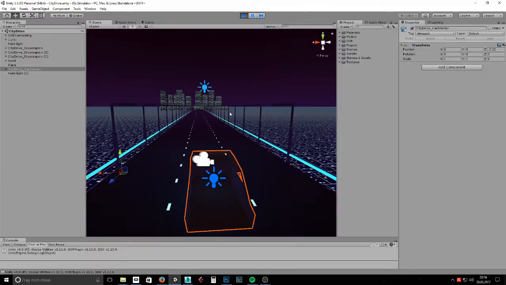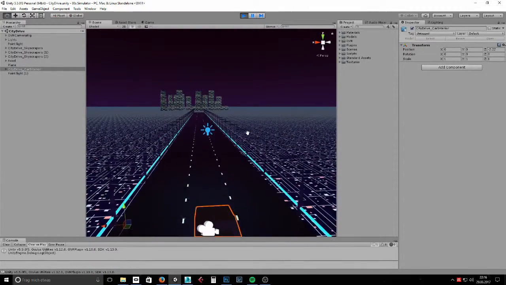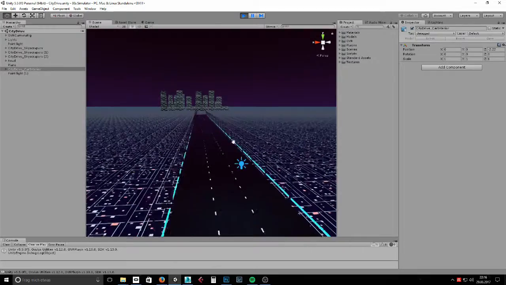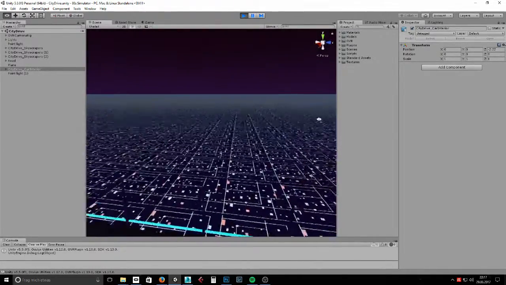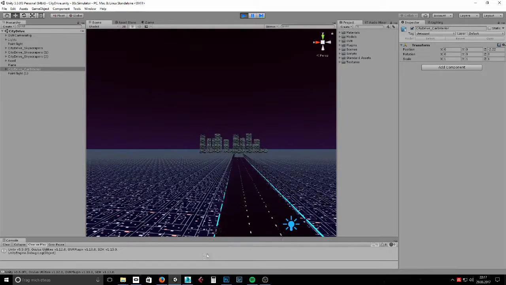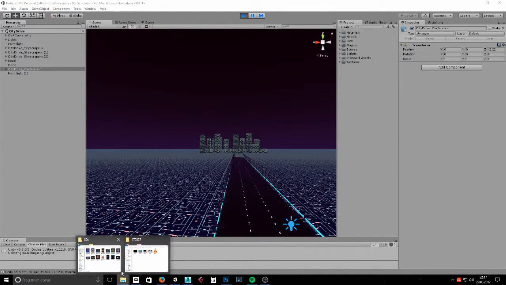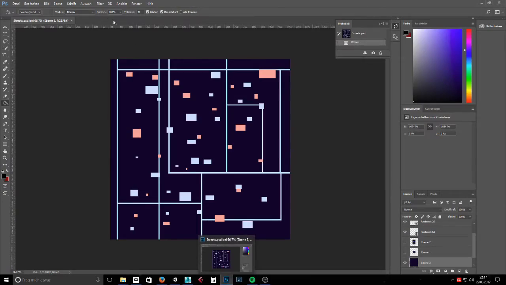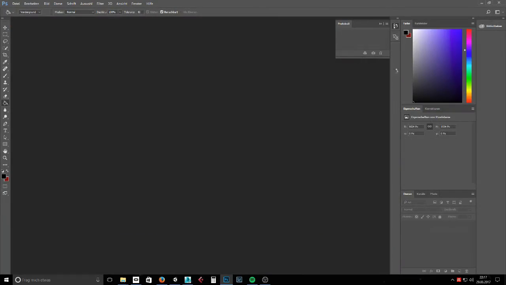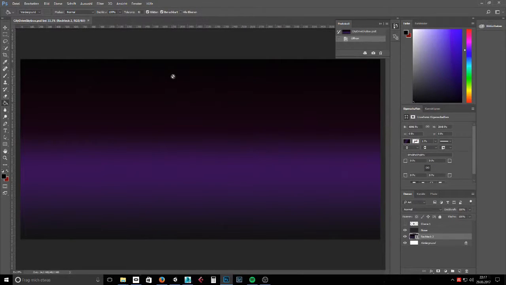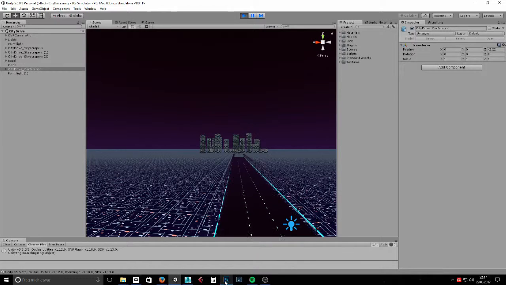And that's it, basically. The skybox, I also made in Photoshop, the sky itself. It's a real simple one. You can do that in Photoshop too and import it into Unity. It's also real simple. It's this huge equirectangular texture, it's what it's called. It wraps around like a sphere. And you can do that in Unity.